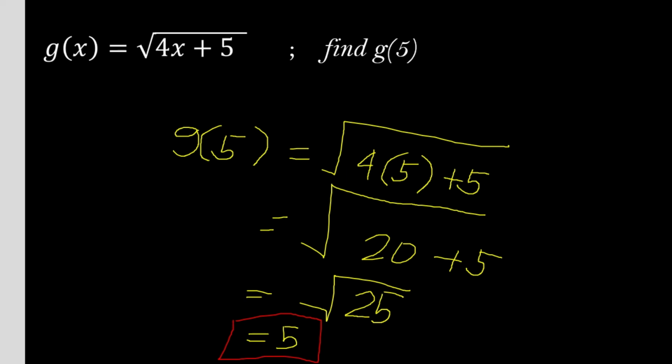Okay, so let's proceed with the last one. If h of x is equal to 1 over the square root of 2x minus 1, find h of 1. So again, we are going to substitute the value of x, which is equal to 1, in the function. So let us find h of 1, which is equal to 1 over